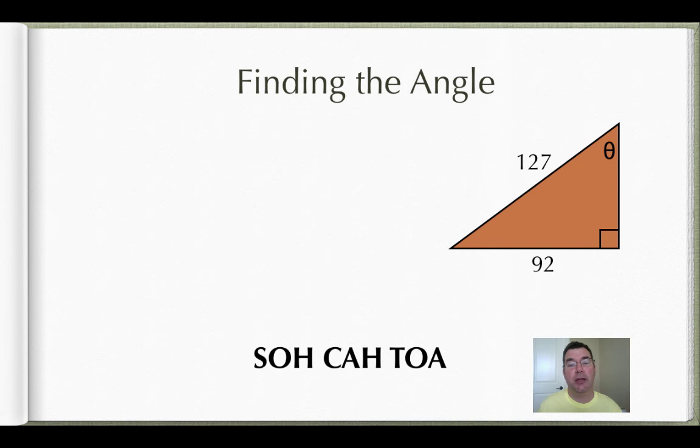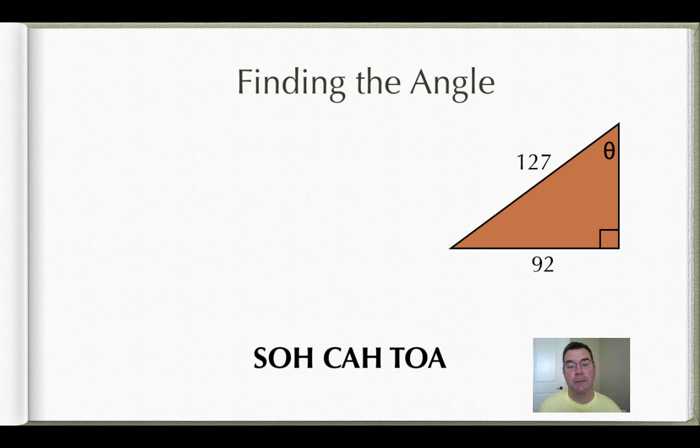Now, the only other thing I can go over with you is how to find the angle. We've talked about how to find missing sides, but sometimes you need to know the angle. Okay, so looking at this triangle again, I can see where theta is. I have two sides now, 92 and 127. Well, what are those sides based on where theta is? Based on where theta is, 92 is the opposite because it's on the opposite side of the triangle, and 127